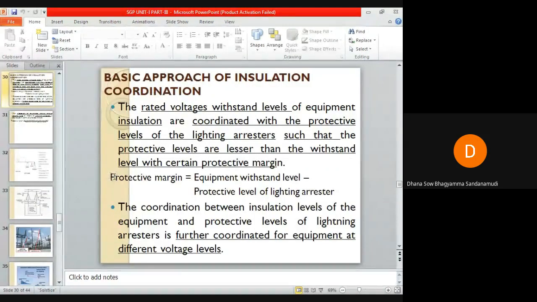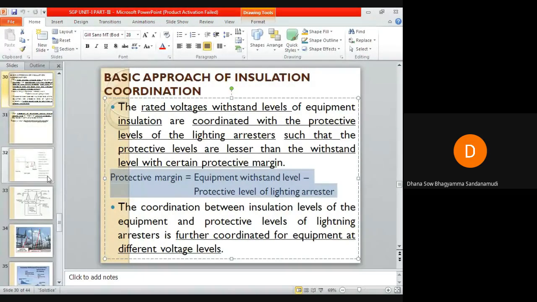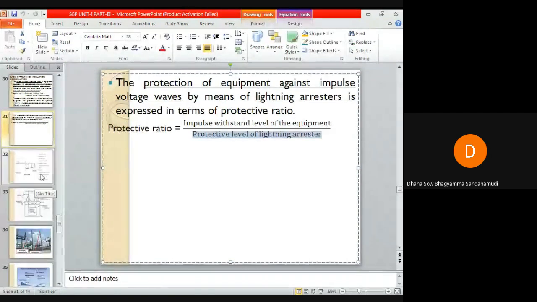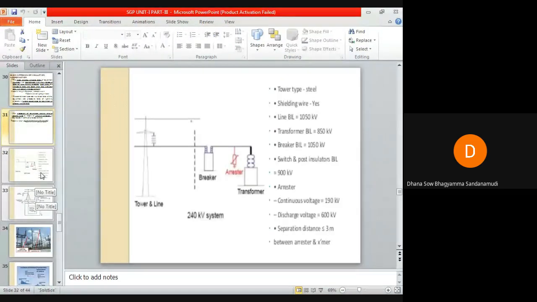So protective margin is what? It is the equipment withstand level minus the protective level of the lightning arrestor, and protective ratio is the impulse withstand level of the equipment divided by the protective level of the lightning arrestor. So always remember that the protective level of the lightning arrestor will be less than the impulse withstand level of the equipment, so that if the protective device is unable to protect the equipment against a fault, then it will get